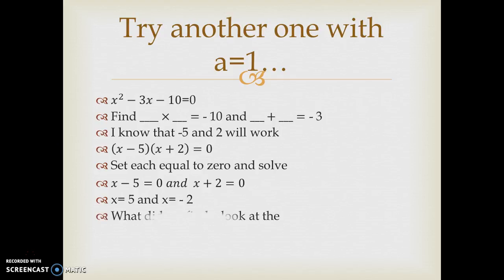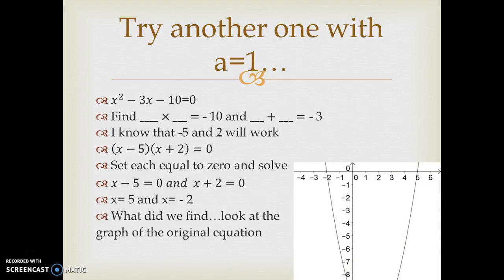Okay, well, what did we really just find? Well, look at the graph of your original equation. So I graphed it here, and as you can see, it goes through the x-axis at negative 2 and positive 5, which were the two answers that we found. Alright,